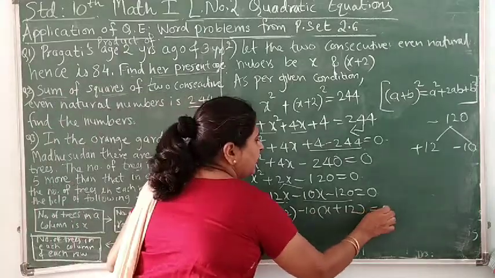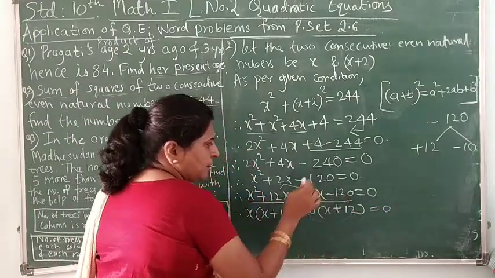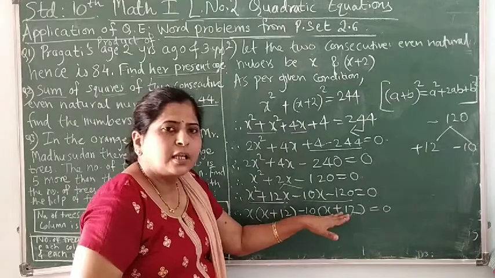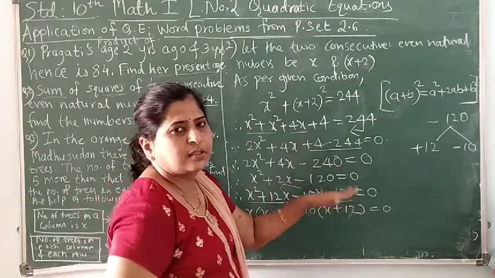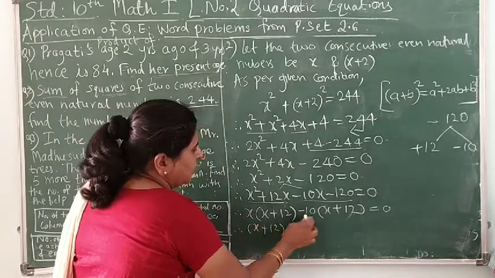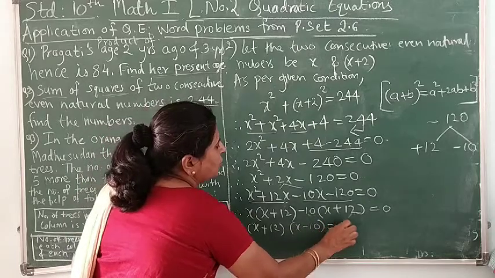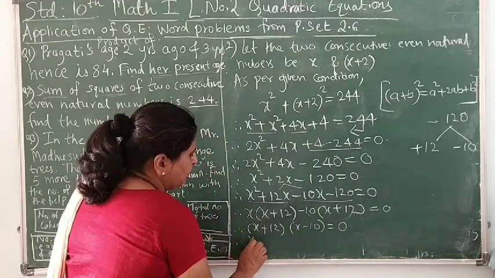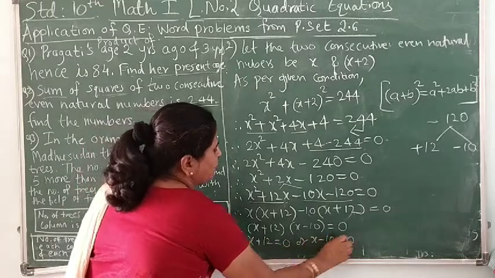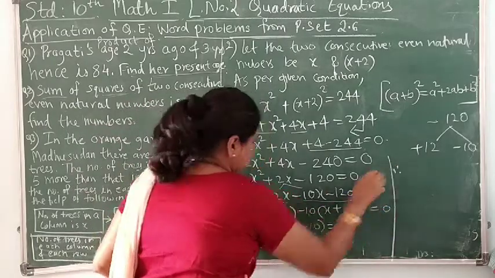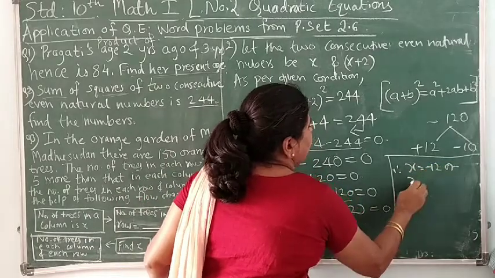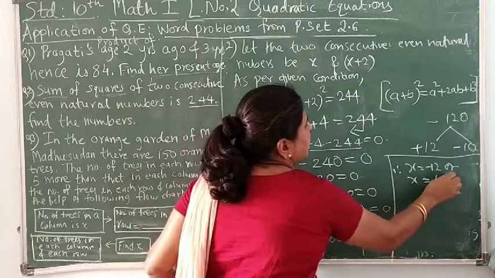Now you can verify, of course, by taking this product. If the product is the fourth term, then you are on the right track. Minus 10 into 12 is minus 120. So whatever work till now you have done, it is correct. So these are the verification things, you have to do it constantly. Now taking x plus 12 in one bracket and the remaining x minus 10 in the other is equal to 0. If the product of these two is 0, then one of them should be 0. So x plus 12 is equal to 0 or x minus 10 is equal to 0. And if x plus 12 is 0, then x is going to be minus 12, or x is going to be minus 10 going on the other side, it will become plus 10.